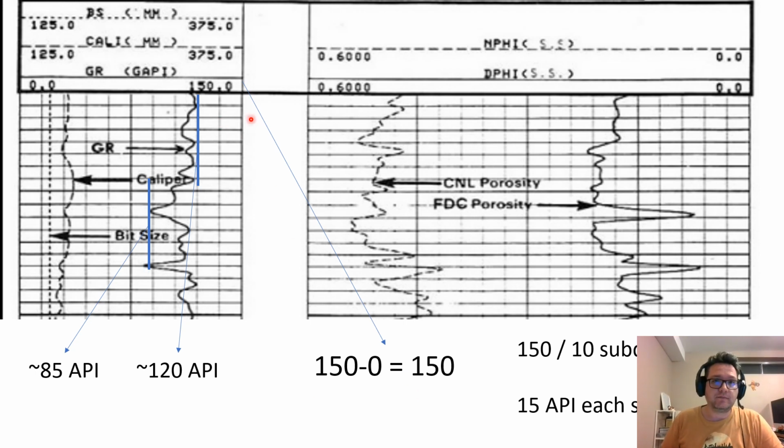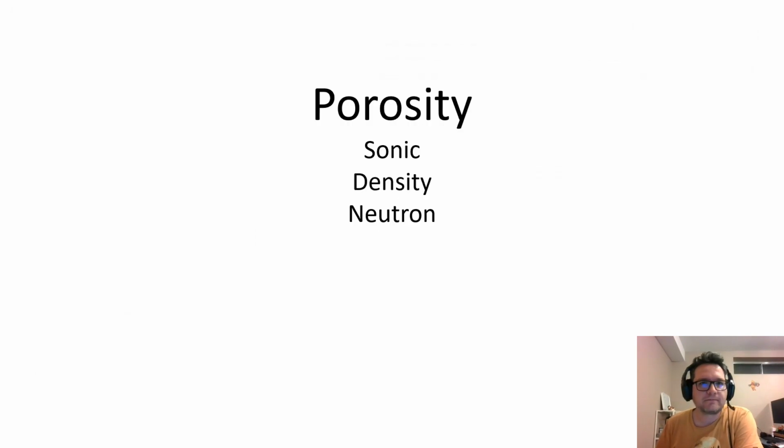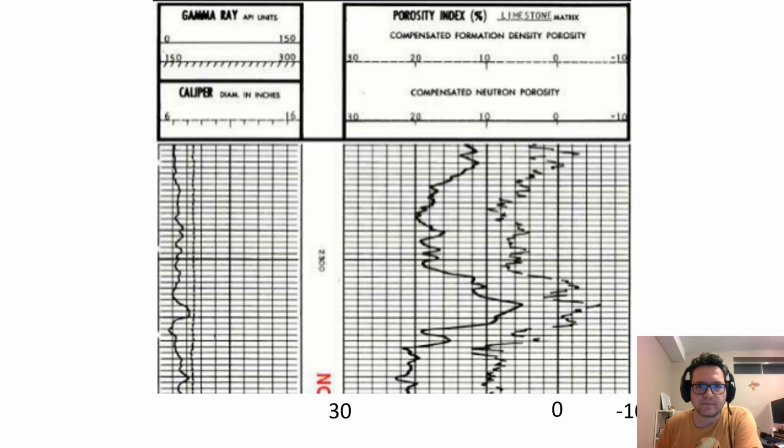goes out of the scale. Okay, if it goes more than 150 API, then I would do an average. So for porosity logs, sonic, density, and neutron,